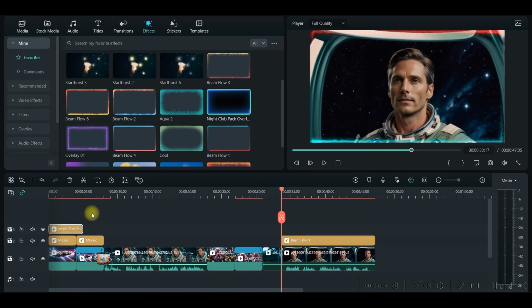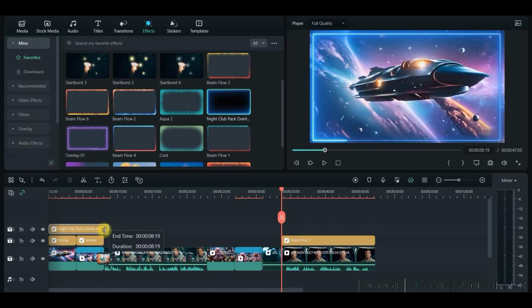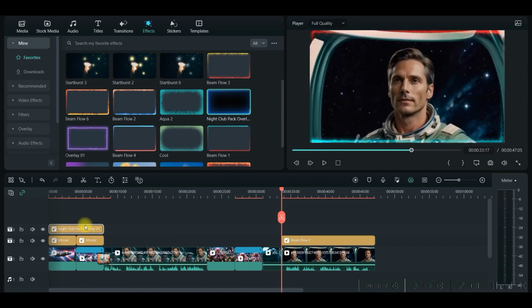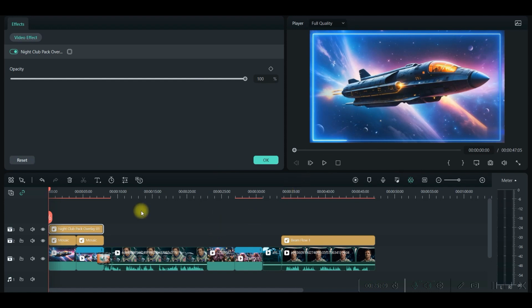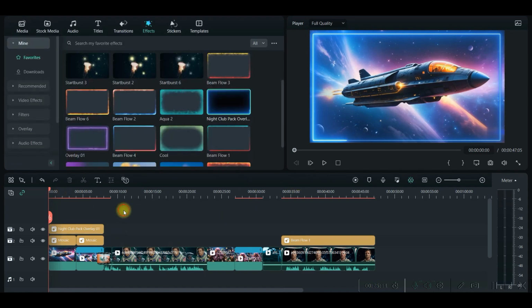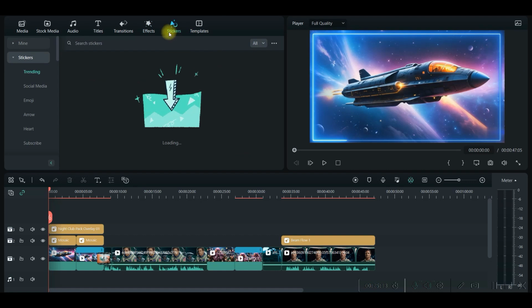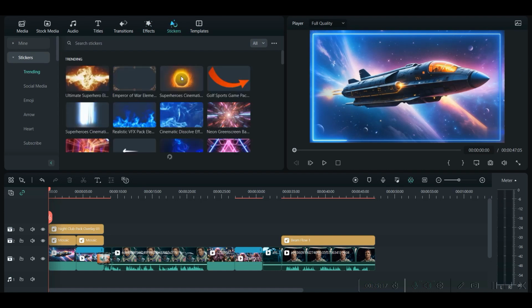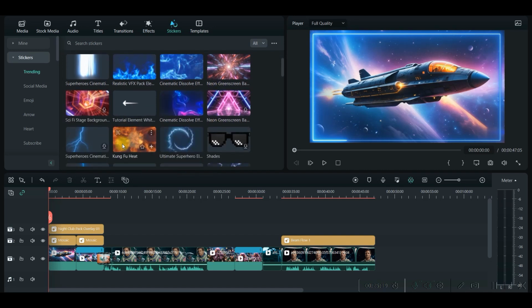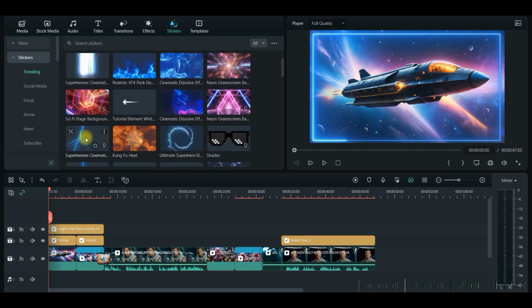Okay, if you want to use them, you can just drag till the end of that clip and it will come here like this. Okay, it looks amazing if you add an effect here. One more thing I want to show you. There is a sticker option if you want to give a special effect. Let's suppose I want to give a special effect like this